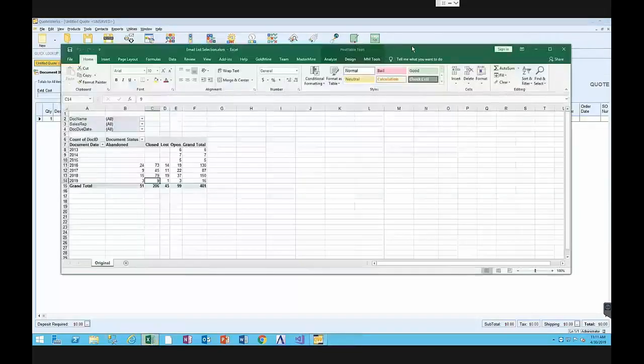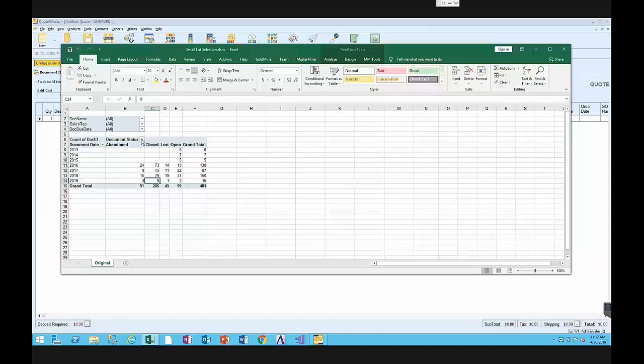Bring this up here. So here, what I did was I just created an email list selection report. It refreshed against the QuoteWerks data while it was coming up. So this is actually the current data as of the moment that we opened the report. And if I want to make a mailing list out of, let's say, everybody that we quoted in earlier years